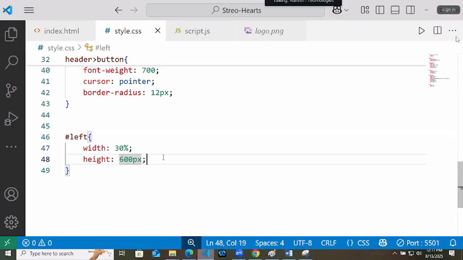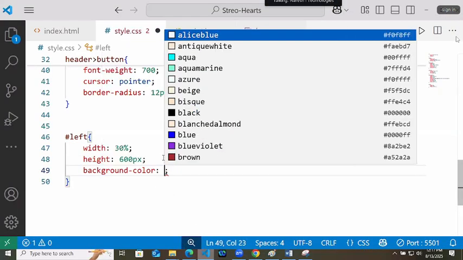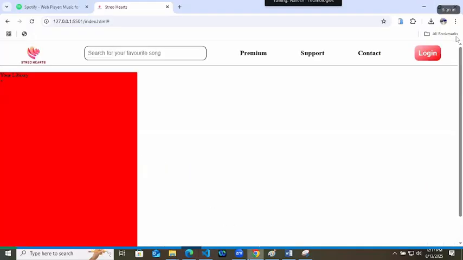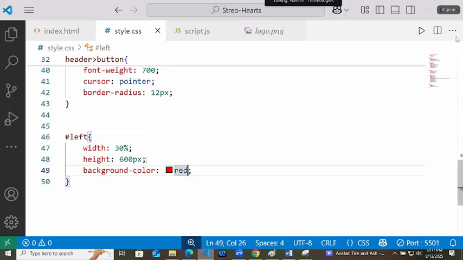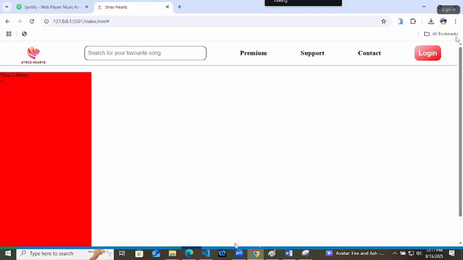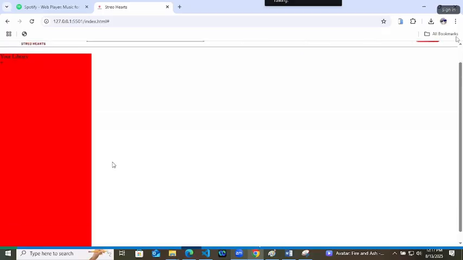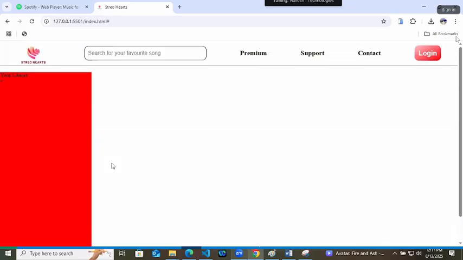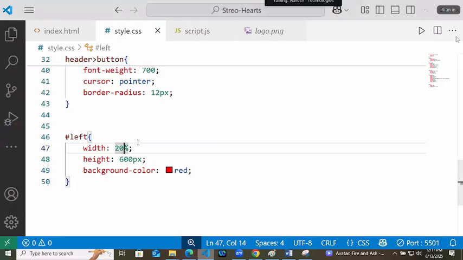Now let's try to give it a background color to check how much it is taking. So 30% is a bigger width. Decrease it to 20 or 25. I think 25 will be much bigger.